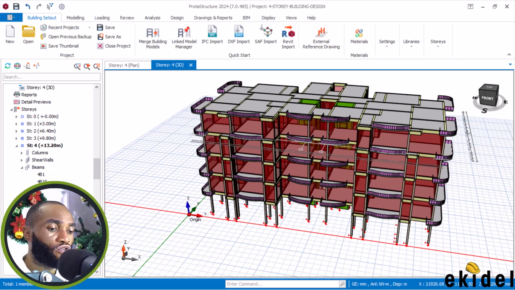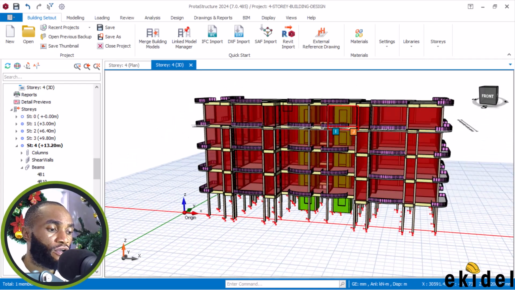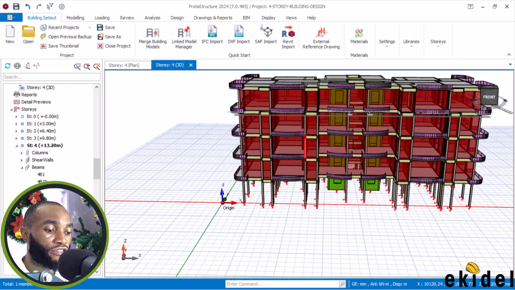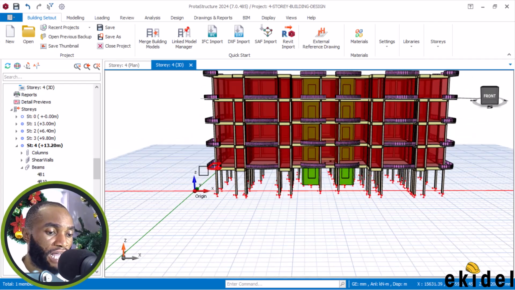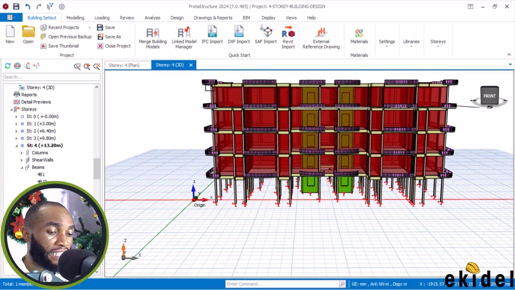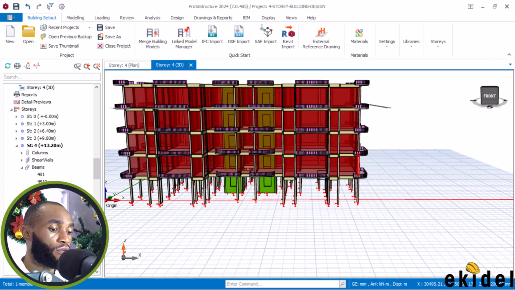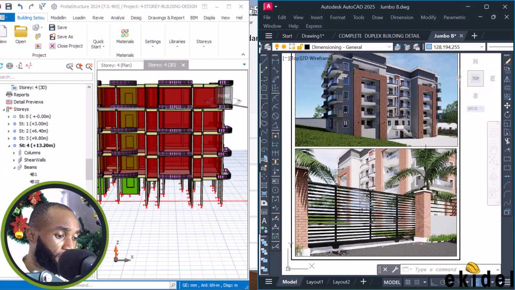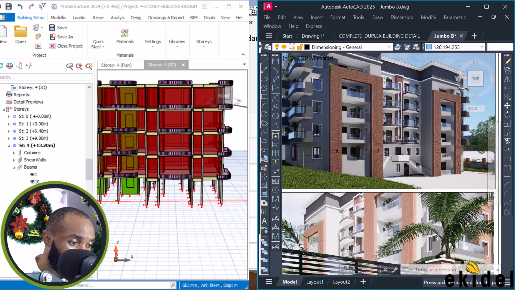Let's now change the modeling of this other side now. Before we do that, let's just refresh our counting of what we have just got from the CAD file. So we have 1, 2, 3, 4. Okay, 4 before the parapet roof. Then on this other side now, we will add one more basement to make 1, 2, 3, 4 and then 5, because for our CAD file, as you can see from the CAD file here,